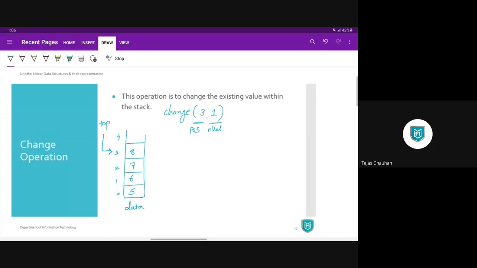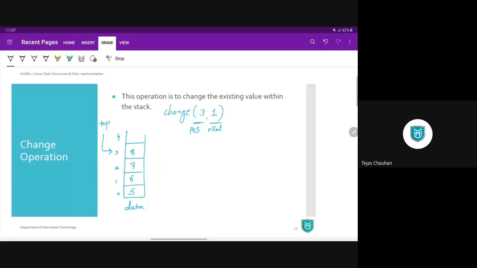But remember, this representation is what we know. The end user does not know how internally we are maintaining our stack and data. The user will just have this vertical structure as a stack. Just like you prepare a tower of stones, you place the first stone at the base. So 5 is the user's first value. On top of that, the user will insert a new value 6. On top of that, the user will give a third value 7, and so on.